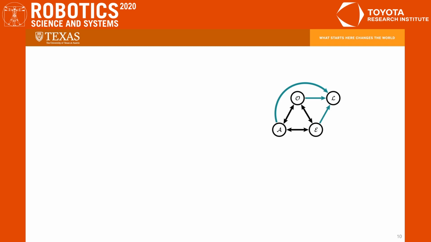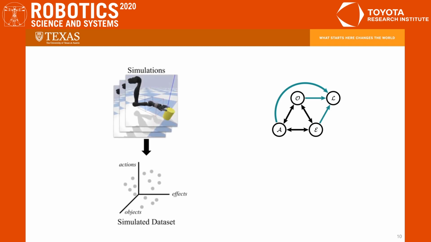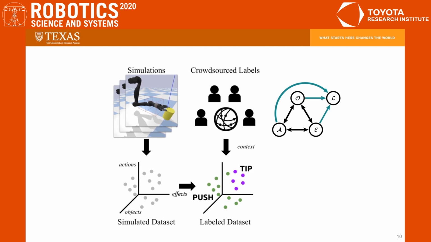First, we sample an affordance from the object and action spaces. Then, we play back the affordance while measuring the effect. Next, we request labels from naive humans in crowdsourced settings. And finally, we fit support vector machines to the dataset of collected labels.